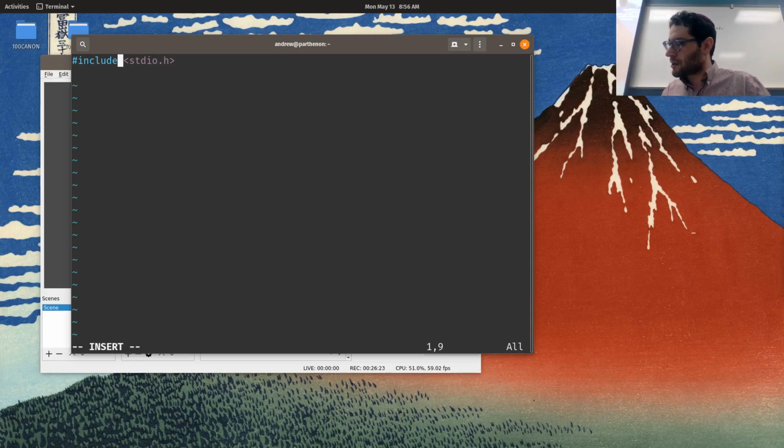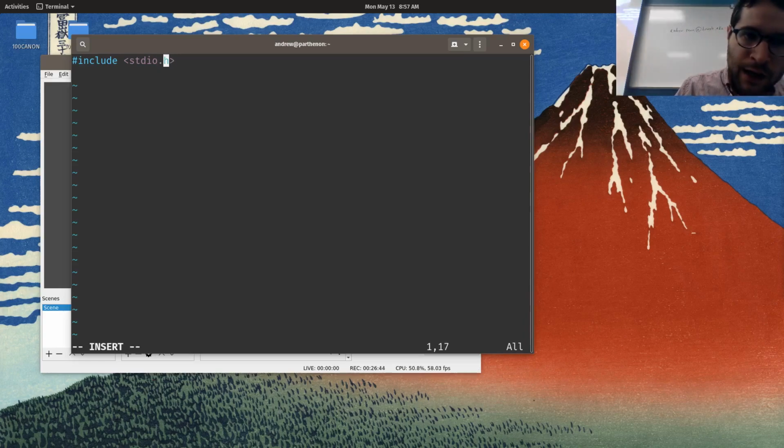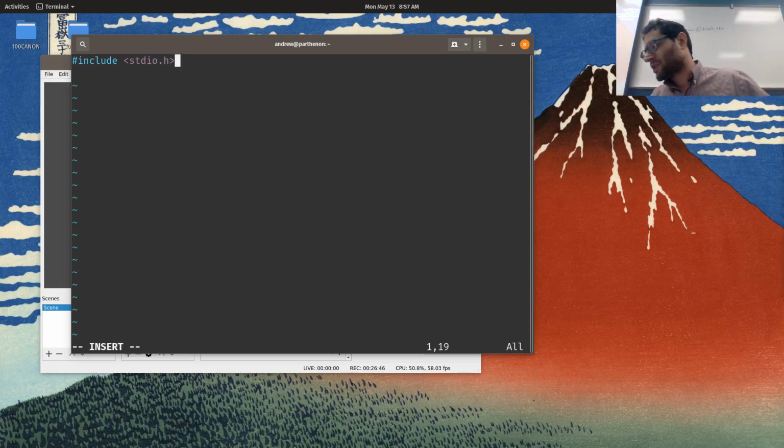The idea here is that we are simply saying, I want you, C, to include the file that does standard IO, standard input output. In other words, getting information from the user and outputting information to the user. .h means the header file, which basically lets us load up the code.